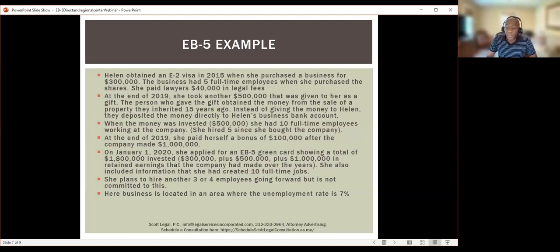The money would have to go to Helen, and then Helen would have to transfer it to her business bank account. So Helen says that she invested. The last interesting point here is that at the beginning of 2019 she invested, for argument's sake, let's just say that counted as an investment. Now, she gave herself a bonus of $100,000 at the end of 2019, and that's a